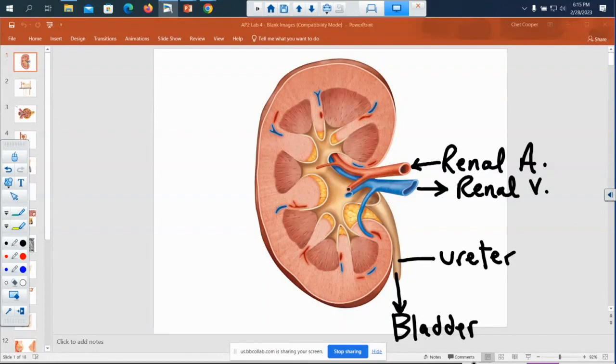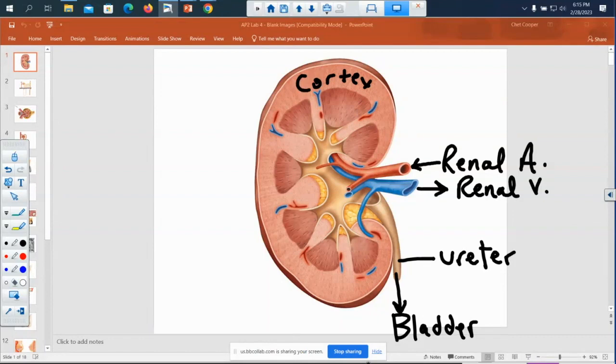Now I know you can see when those blood vessels go in the kidney, they branch. But in this picture, they've cut them. So we're not seeing them real well. So I have a picture later that I'll show you that has blood vessels. Now our point is not to memorize all the names of the blood vessels anymore. It's to help see where the blood goes. And I'll just tell you now, what's going to happen is the blood vessels are going to branch and they're going to go up here